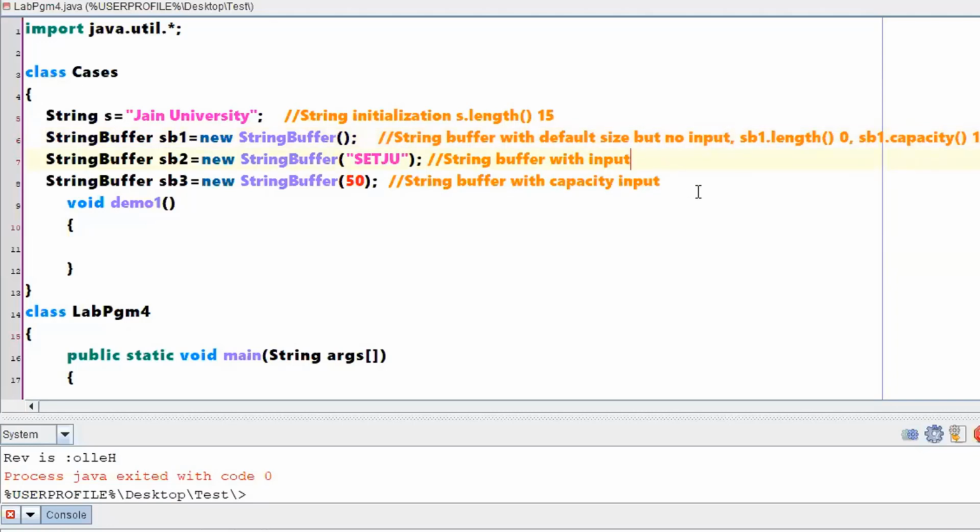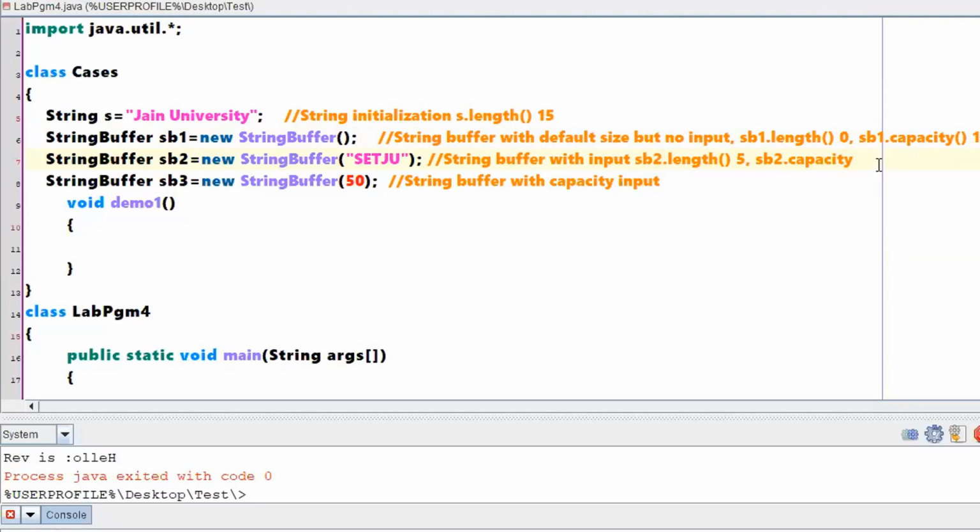So that is with respect to SB1. What will be the answers with respect to SB2? If I am talking about SB2 dot length, what will be the answer? What is the length of your string buffer 2? 5, because those are the number of characters in the string buffer, right? Super answers. Then if I am talking about SB2 dot capacity, what will be the capacity now?